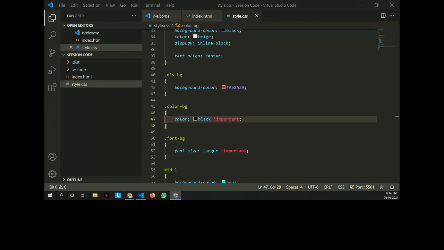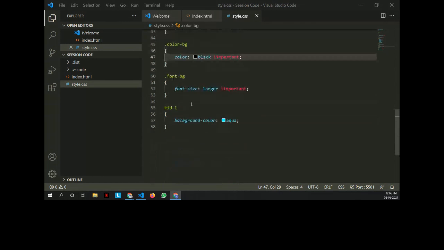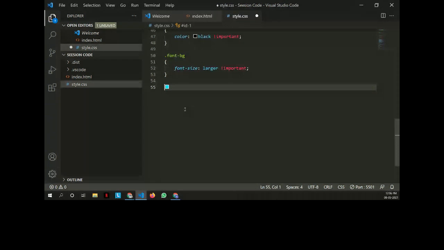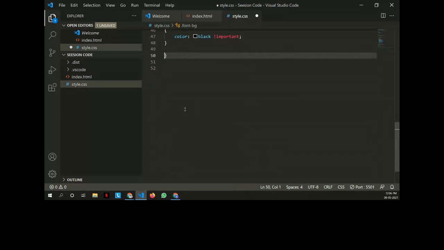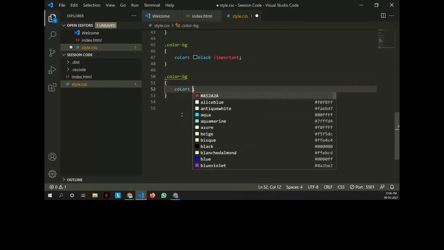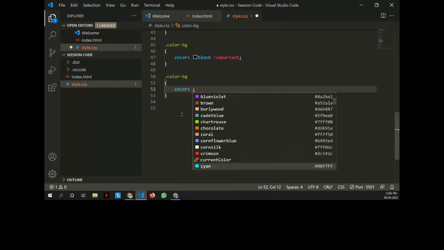Is there any precedence of classes? Element has two classes and both classes. Yeah, so Antriksh, this comes into the precedence part. Let me take a simple example: if I have the same class known as color bg, and I have properties now as color equal to, let me take some other color, different.